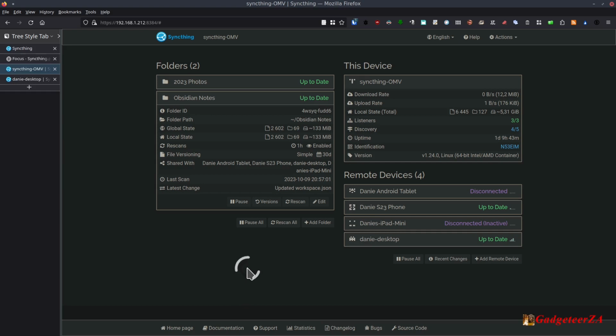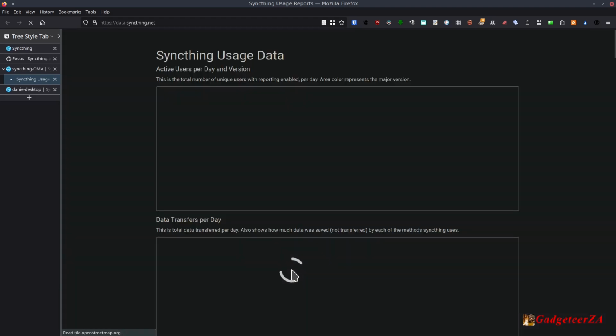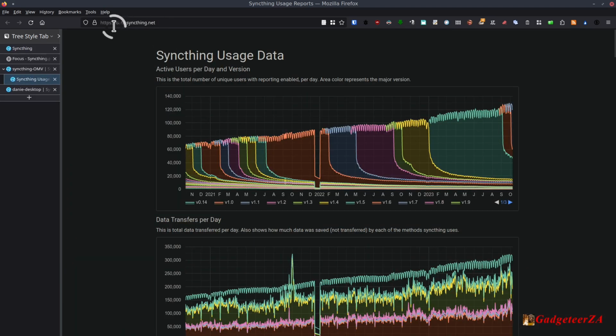And then the one other thing maybe of interest really is the statistics here. So these are sort of global statistics, and by just going to this address at the top here, data.syncthing.net, anybody can just go and have a look at these stats. But this is where the reporting comes in. You see by version, most people obviously still using, I think that's 1.3. I can't see. Sorry, it's 1.4.5 possibly. Okay, not everybody's updated yet, but